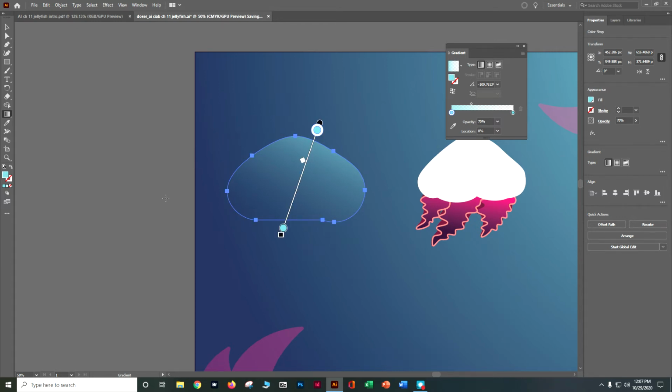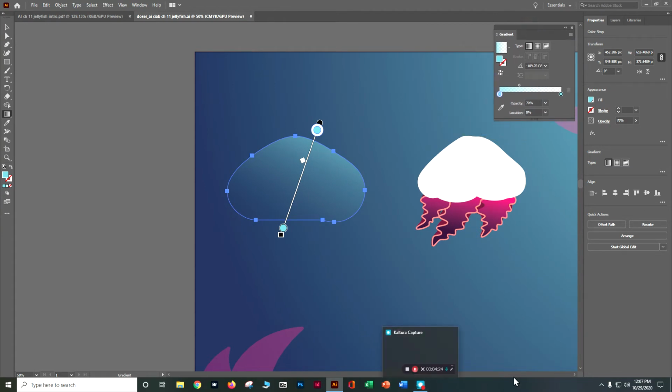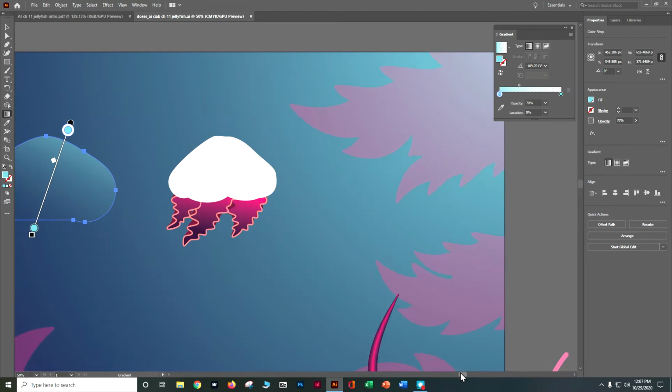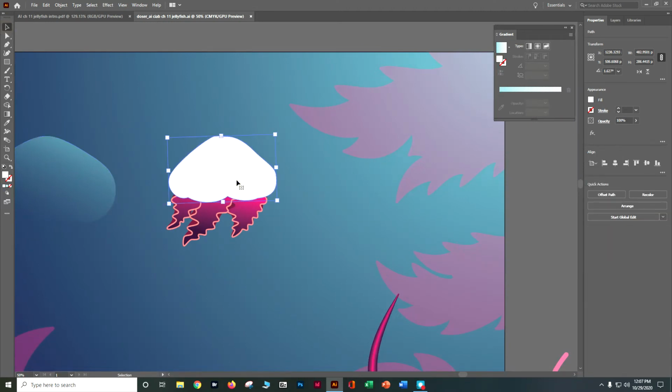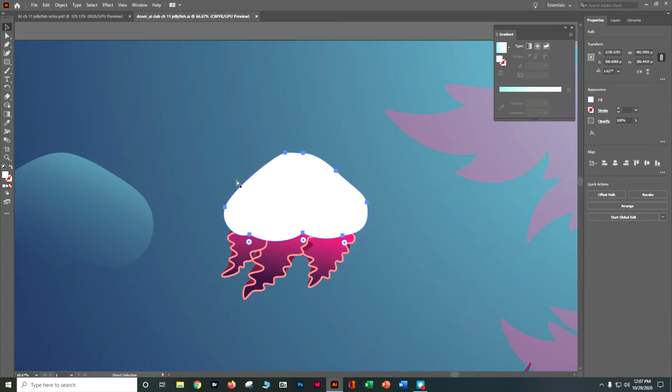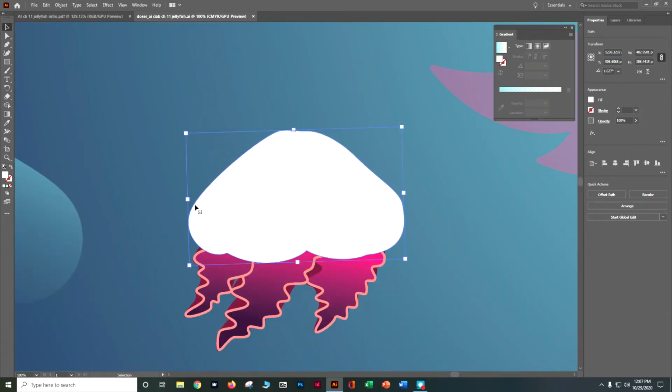Now we're going to go ahead and create a free form gradient. So this one's a little bit funky. Looks a little bit like a mushroom when we finish up. So let's grab our selection tool and grab that white in the jellyfish. Let's zoom in a couple times with Control plus, and let's select that gradient tool over here in the toolbar. Now when we go ahead and double click on it,